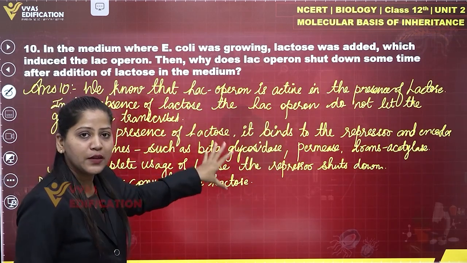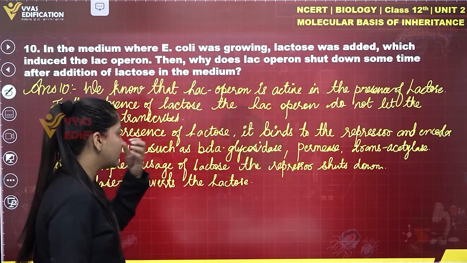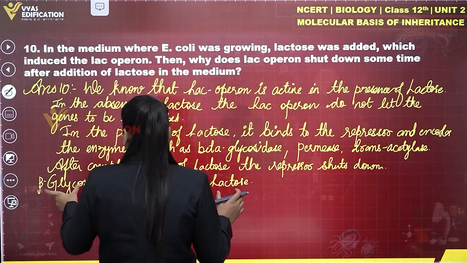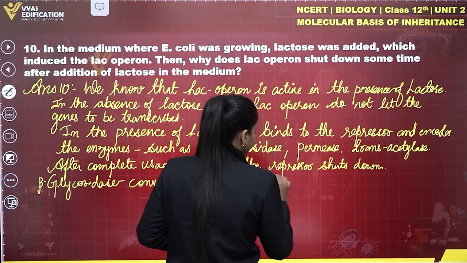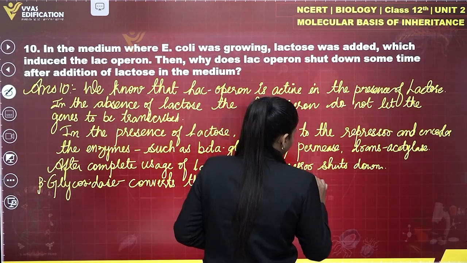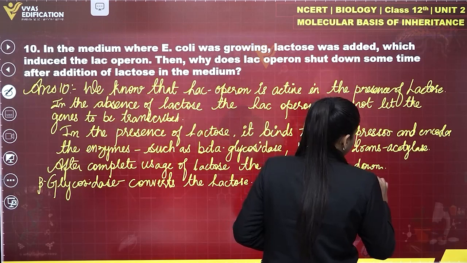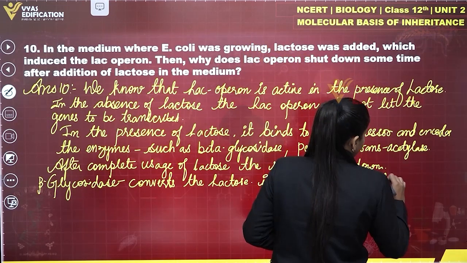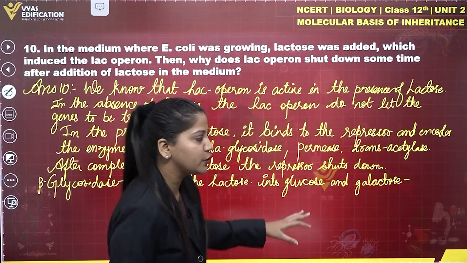After the formation of these enzymes such as beta glycosidase, permease and trans-acetylase, beta glycosidase converts the lactose into glucose and galactose, which are readily used by the cell,